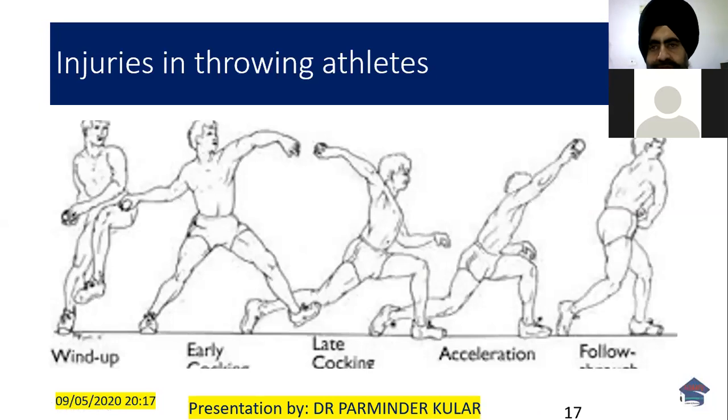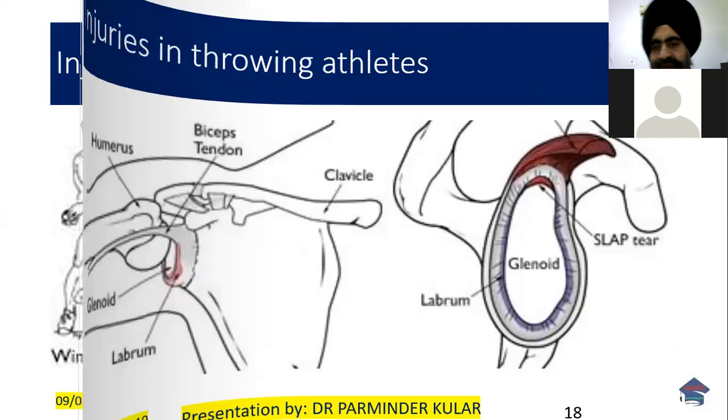So then we come to what are the common injuries in the throwing athletes, where we will get shoulder patients. We will get shoulder patients in cricket throwers and volleyball players. When the shoulder is used for these sporting activities, a lot of stress is generated in the rotator cuff, which may give way even in young patients. You see, there are 5 phases: the wind-up phase, when the person builds up the energy, then the early cocking, late cocking, acceleration, and suddenly he releases the ball. Again, the shoulder comes to an abrupt stop, and these can lead to pathologies in the rotator cuff and sometimes even SLAP tears.